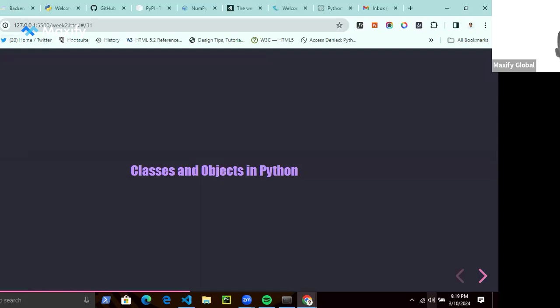Now, a class in Python is just a blueprint, a template for us to create an object. I will explain more. In object-oriented programming, a car, for example, can be an object with specific attributes and with methods.